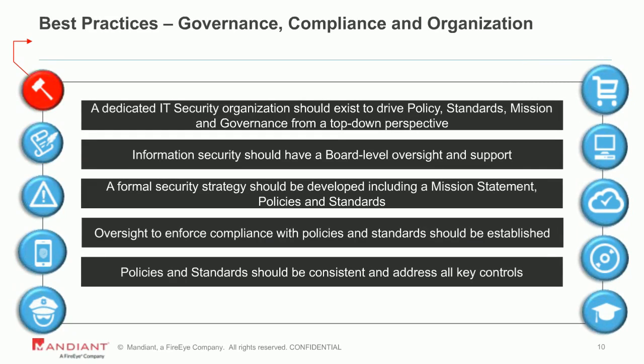And that really is representative of a reactive organization rather than being proactive in your security posture. So number 2 here, information security should have board level oversight and support. This is a very critical component as well. Proactive security requires board support and buy-in in order to provide the security organization with the means to mature their posture. This is also the component that provides the security organization as a whole with the authority needed to support